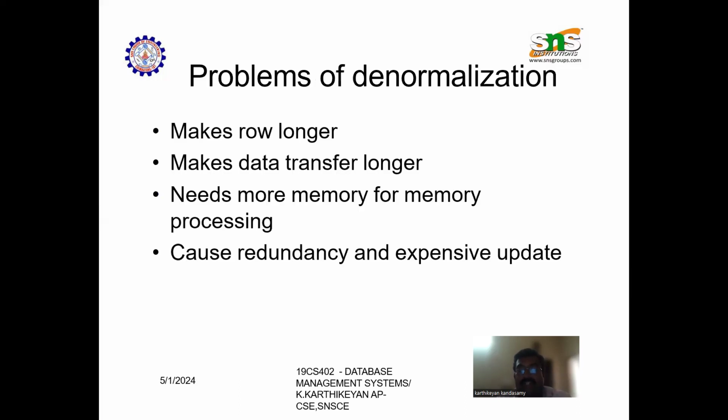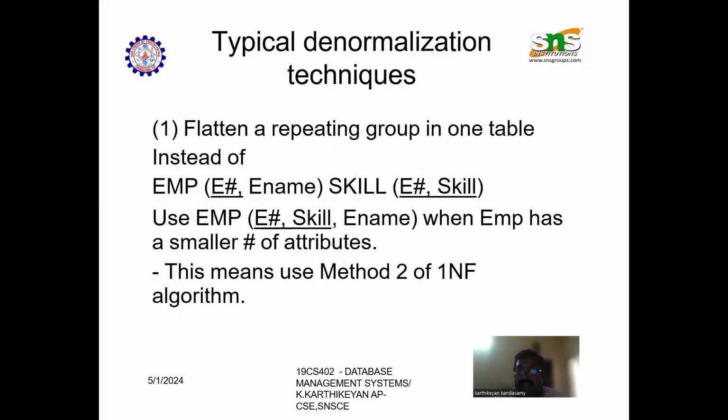The problems of denormalization: it makes rows longer, makes data transfer longer, needs more memory for processing, causes redundancy, and makes updating data expensive. This is the problem of denormalization. So typically,